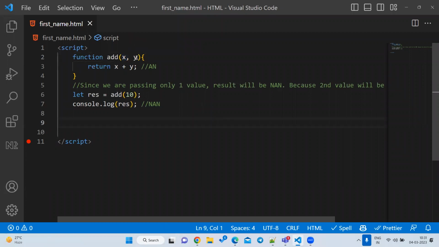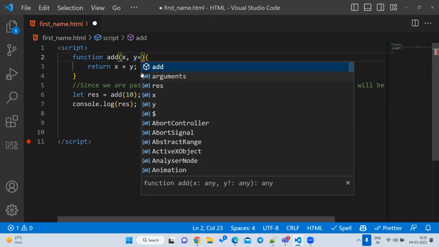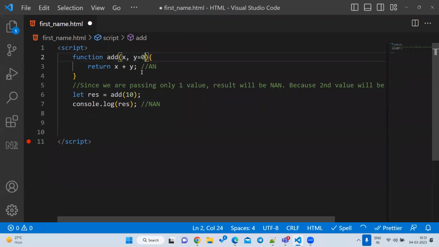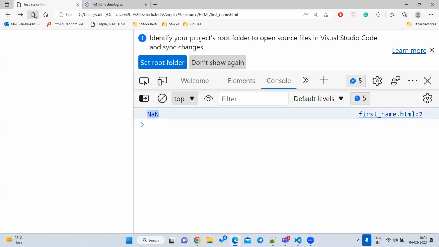To solve this problem, here we can give a default value. Okay, you can write y is equal to 0. Now y is equal to 0. What value? Default value. If I am not giving any value, what is the default value? 0. 10 plus 0, how much? 10. Okay, if you reload again, this time we are going to get a 10,